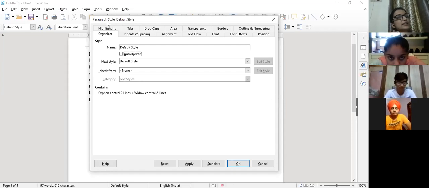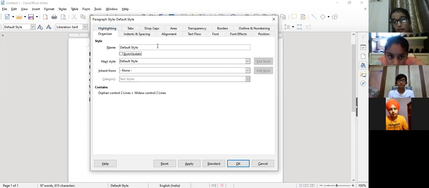Otherwise we have styles like paragraph styles, character styles, frame styles, list styles, and table styles. So by default, if you get the question of what the default style in the style desk is, the answer is paragraph style. Clear?